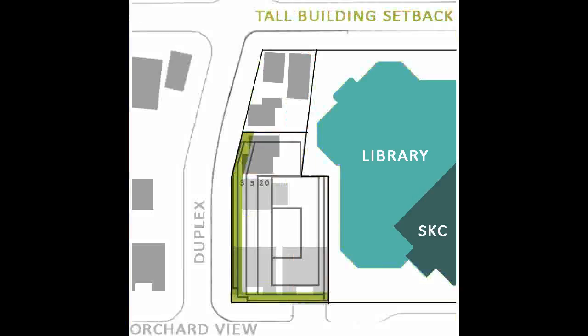Of interest here, if we look at the guidelines that have been developed for tall buildings as this new strategy evolves in the city, we have to remember that this site is not on a main street, it's not on an avenue, it's on a residential street. And these more recent guidelines call for, in this instance, that there should be a 3 meter setback from the property line to allow for residential on the ground floor and to provide a suitable setting that one expects in